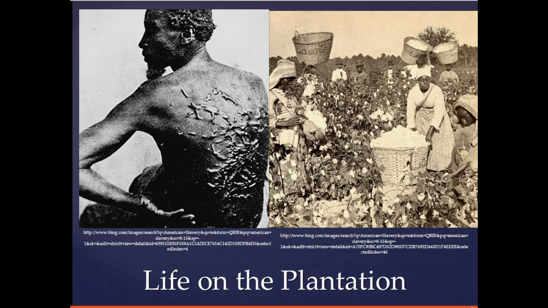When slaves ran away, if you worked on the plantation, you worked in one of three places. You either worked in the fields, which was the worst place you could work. You worked as a skilled craftsman or a tradesperson. You might be a blacksmith, or you might run the cotton gin or something like that. If you were a slave that was able to be a skilled craftsperson, that was the second worst place to be. But the best place to be was in the house.